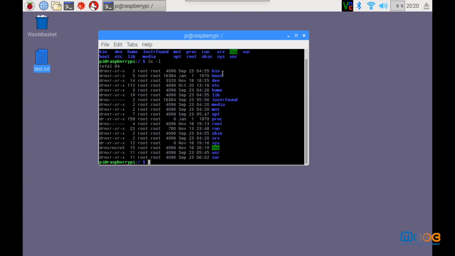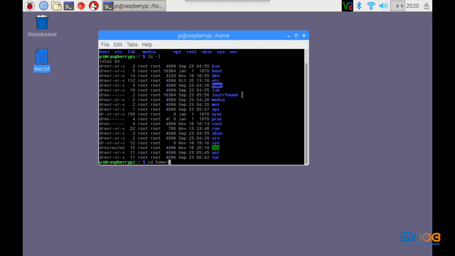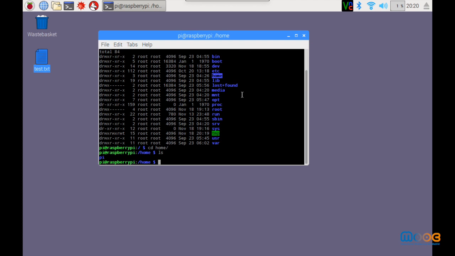For example, we have the bin directory for operating system related binary files, the dev directory where all the devices connected to the system can be accessed, like a USB drive, for example. etc stores miscellaneous configuration files. We have here our home directory where our files are stored. Okay, we have the Pi.